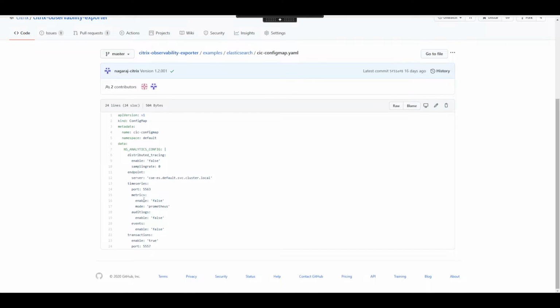Here we specify the type of data we need to enable Citrix ADC to export, like metrics, audit logs, events, and transactions. So for this demo, we'll only enable the transaction, and we'll try the time series data export for metrics in the next example.